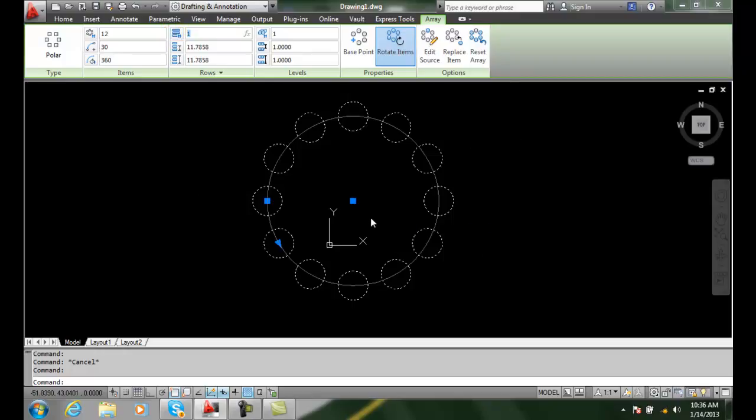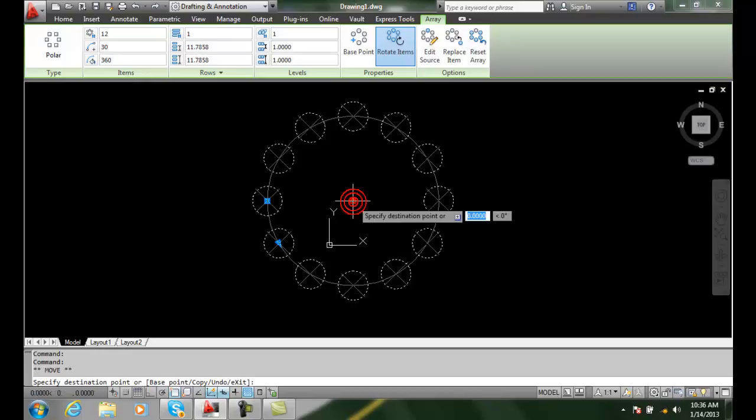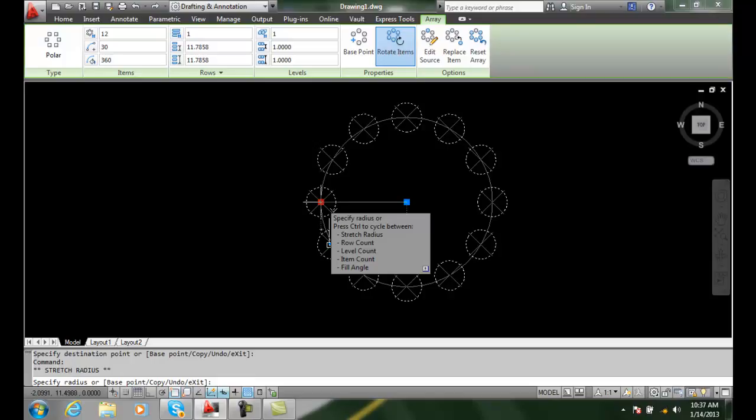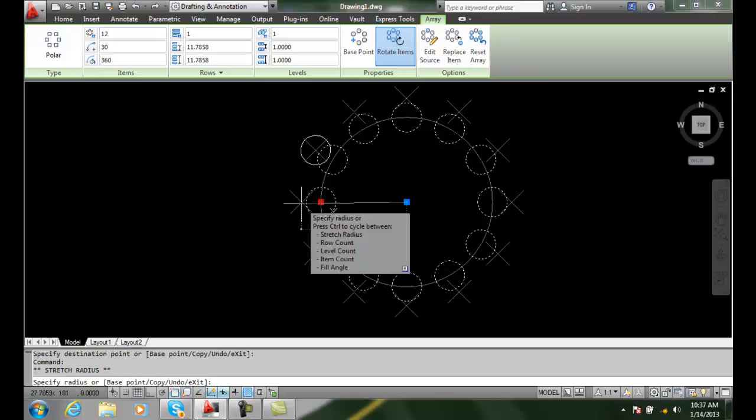But essentially, we can hover over any particular grip and then make it hot or selected, and then if I pick the middle one, I can move it. So that's the move option there. If I hover over it and I select it, I can hit control to go through any of these particular options. Right now I'm in the stretch radius,